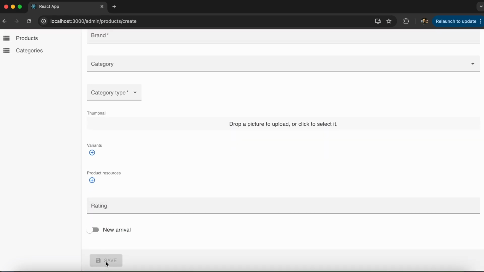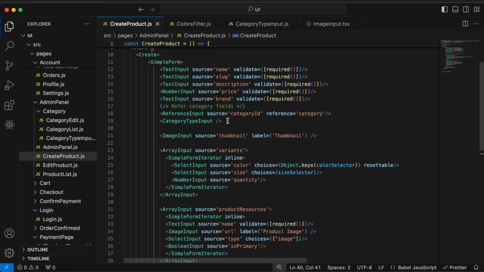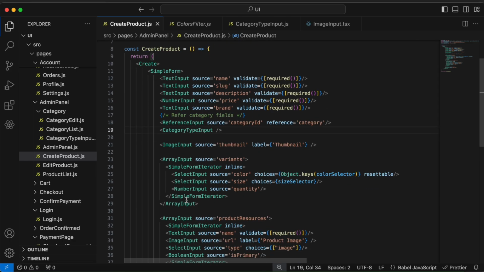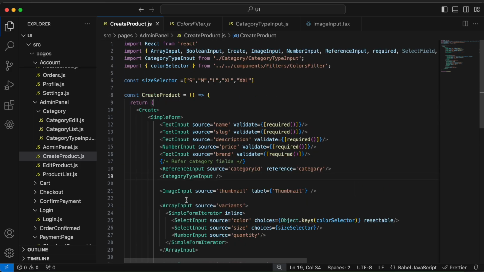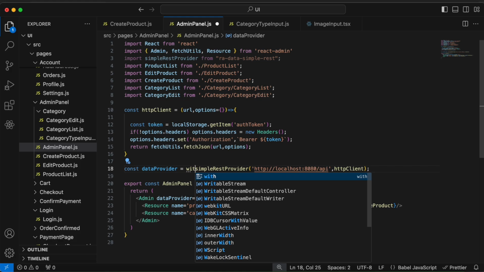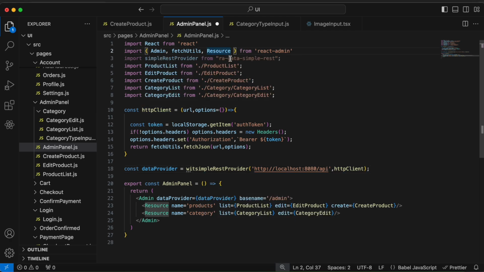Now when we click on save, it will make an API call to our backend. But before that, when we select the images, we need to convert them into URLs. So for that, in the middle we'll add a middleware handler function, which is called before saving the product into the backend. For that, let's go to the admin panel.js. Here we were using the data provider with the simple REST provider. So here we'll use withLifecycleCallbacks, that we can get from React Admin, and here we'll pass